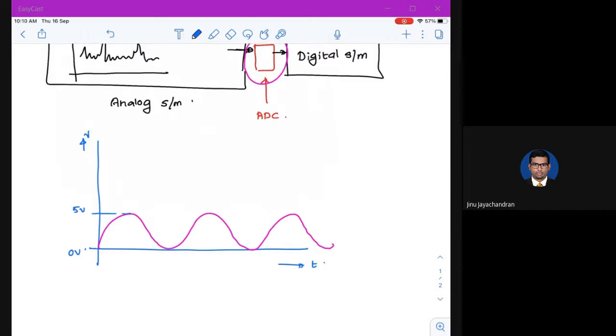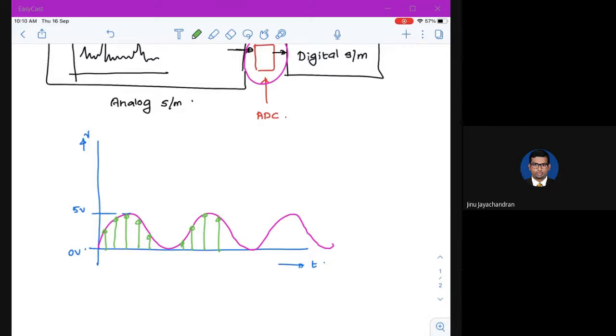Now, how will you convert this to a digital signal? I hope you know the method to convert this. This is called sampling. You can always sample the signal at different points. Basically you say sample and hold, because it is not an impulse. Practically, it is a rectangular pulse because you are holding the value for some time.